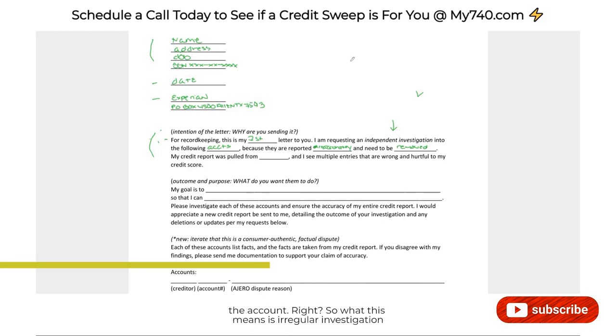So what this means is a regular investigation is just your letter with your disputes to the bureaus. It comes back and it's verified, and they send those results to you, right? And this is all via electronic investigations using eOscar, right? So it's been verified and it comes back to you.